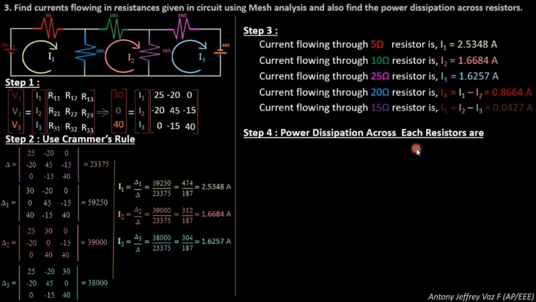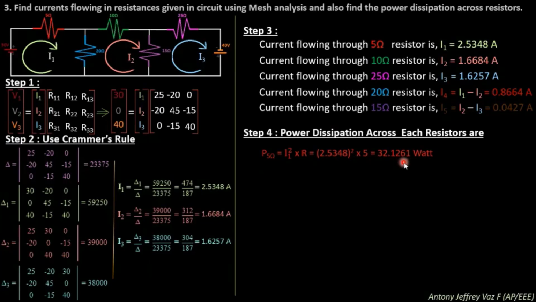So the power dissipation is very easy to find. The only formula is I square R. You know all the currents I1, I2, I3, I4 and I5. So the power dissipation across the 5 ohm resistor is I1 square into 5 ohm. I1 square is 2.5348 square into 5, which is nothing but